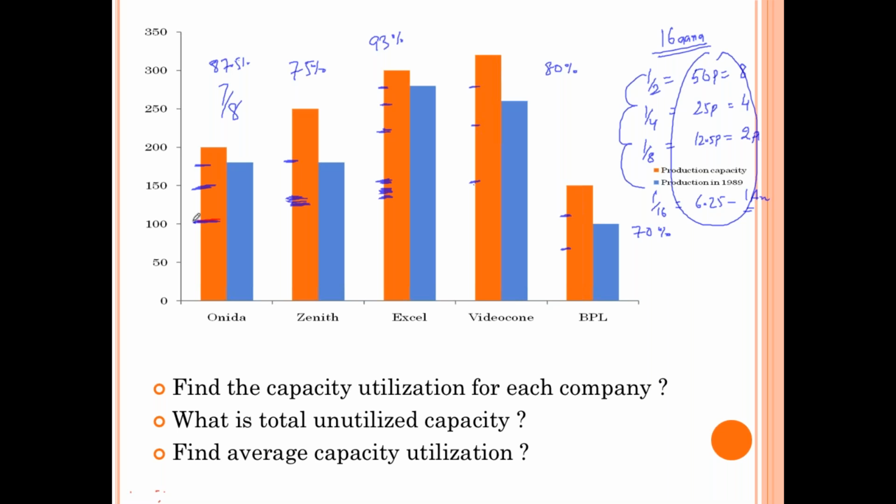So here what we did is, this half gives me 50%, another half gives me 25%, another half gives me 12.5%. So I am only left with 1/8 part over here. So 1/8 part is 12.5%, which is not there. It means it is 87.5%. I can visually do that.